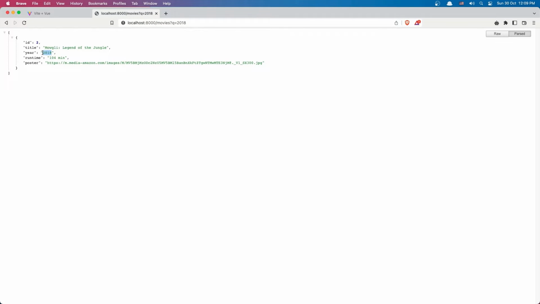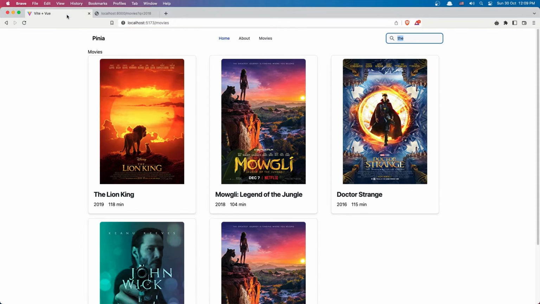And now it's getting all the movies that have this year inside the year. So this is how we can make a search with the JSON server, and we can use that for our project. But first, let's work with the